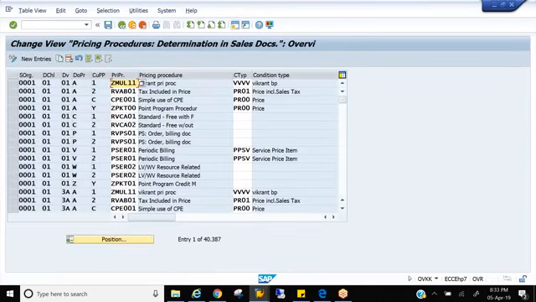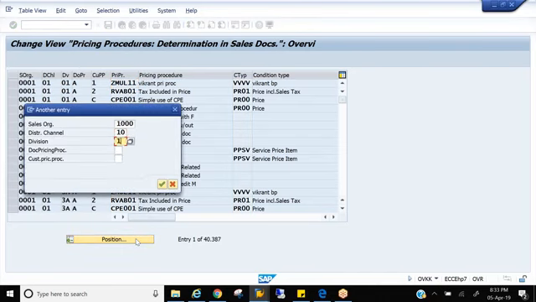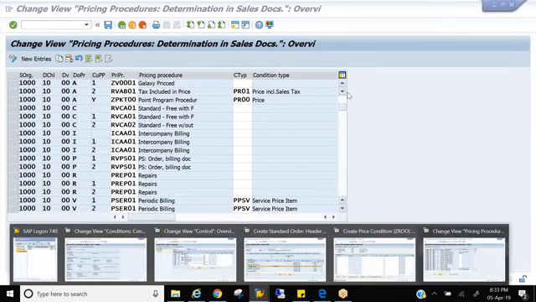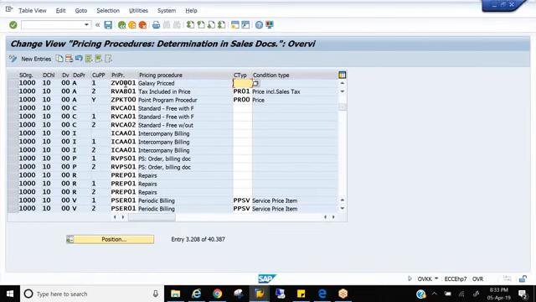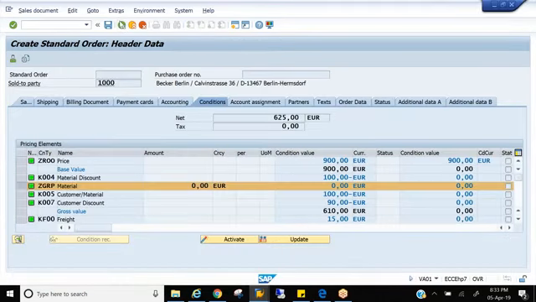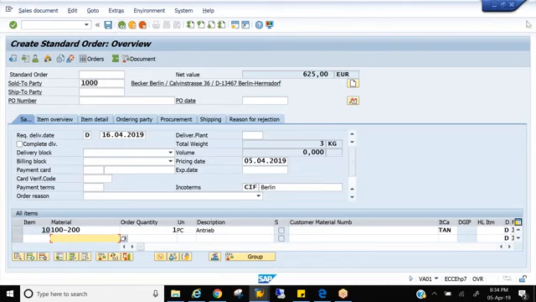In OVKK, why are we assigning a condition type here to the procedure? In my case I left it blank. You see, I left it blank. But why is there an option called condition type here? Let me show you. Very, very important interview question this is. Why do we assign a condition type for the combination in OVKK? So why are we doing that? So the sales order, yes. So I'm in the sales order, right?